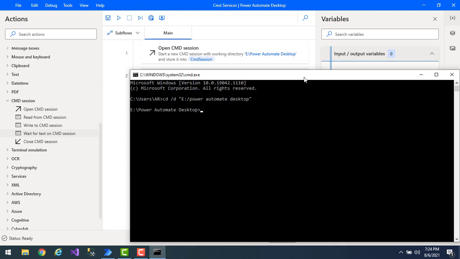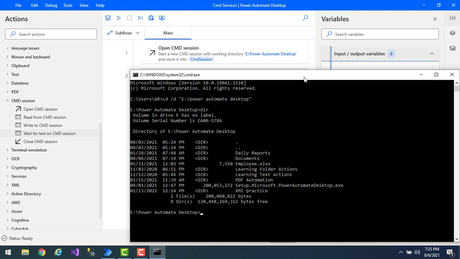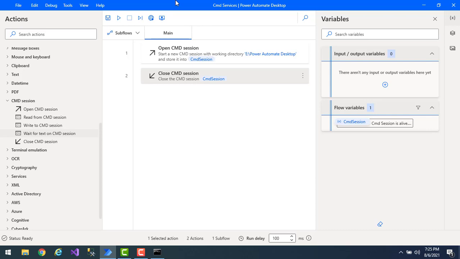Now, these are the commands which we have written till now by using Power Automate Desktop also. Now, I want to write some of the commands over here. In such a way, I want to write dir, or if I want to know the details of particular things by using command line interface, we're going to write the commands to the CLI or command session, right? In such a way, if I want to do the same thing in my Power Automate Desktop, I can use the action write to command session. What it will do, it will execute the command on an open command session, right?